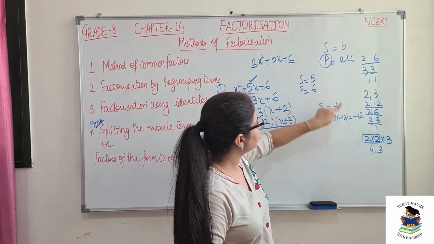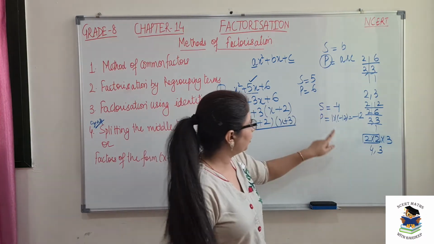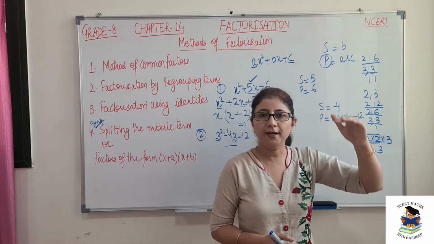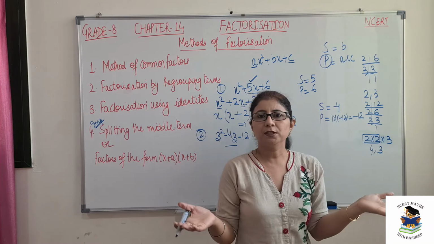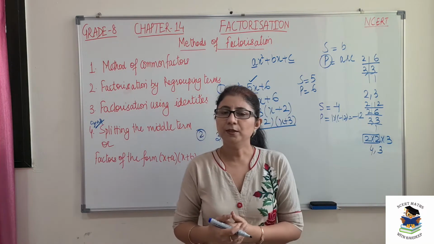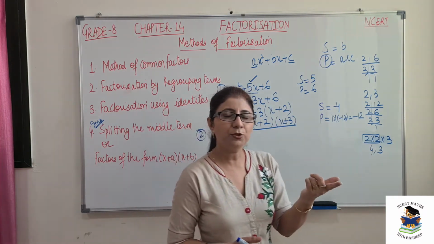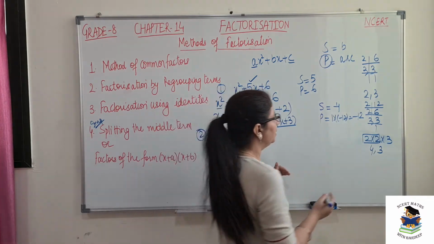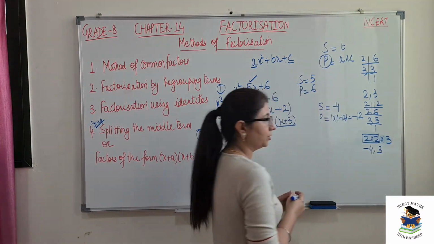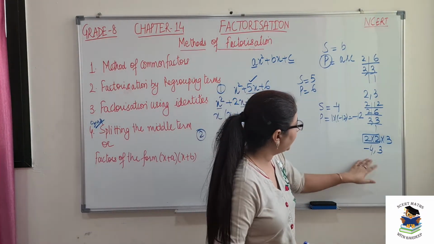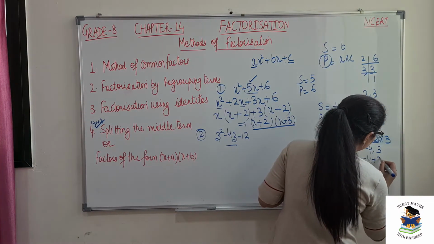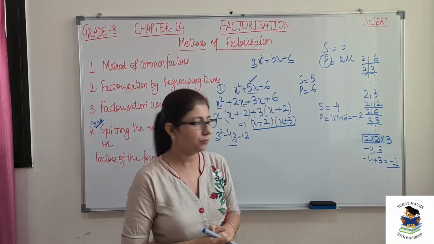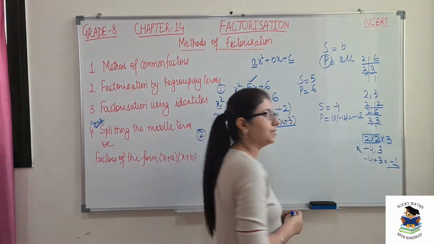Now I will check whether 4 and 3 can give me minus 4, since the product needs to be minus 12. One thing is, the sum should also be negative and the product is also negative. The sum will be negative when the bigger number has a negative sign or both terms are negative. In our case, one term is to be negative, so the bigger term should be made negative so that when we add them our answer is negative. So out of 4 and 3, let's put minus 4. Now we add them: minus 4 plus 3 will give me minus 1, but I need minus 4. So that means these two factors are not possible.